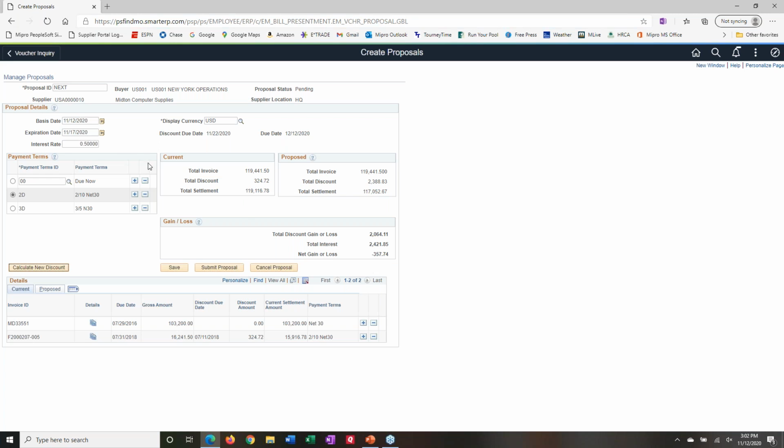So in this case, if this interest rate was correct, we're saying that if I held onto the money, I can make $2,400, but I could gain $2,000 in interest. So I'm still short a little bit. So maybe it's more advantageous to move to a 3% discount over 5 days. And so now that puts me into actually gaining more internally. If that's the way I want to view this, and I want to propose it to my supplier, I can